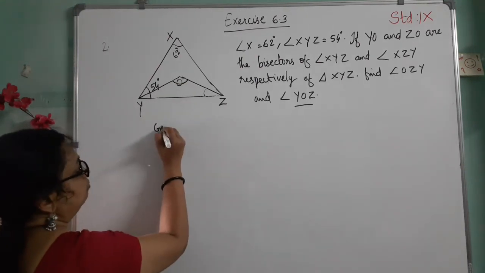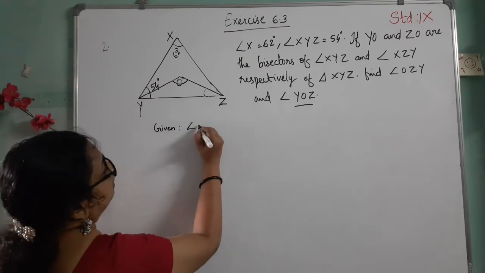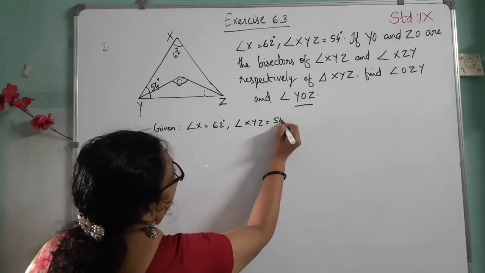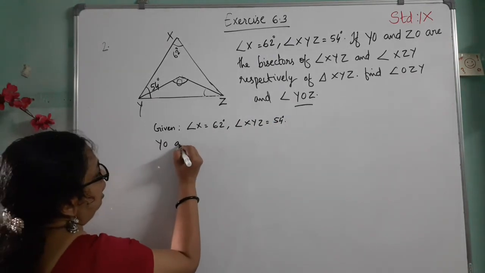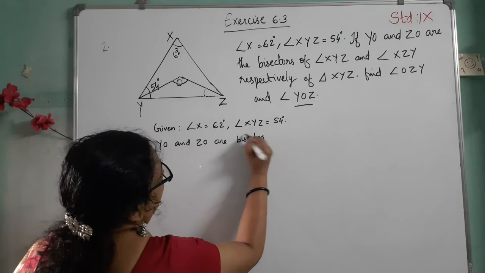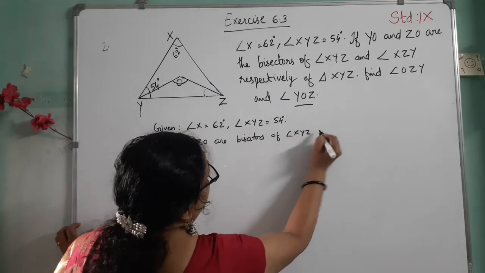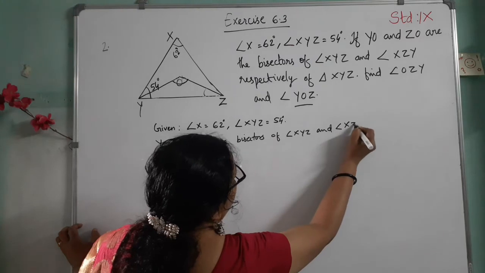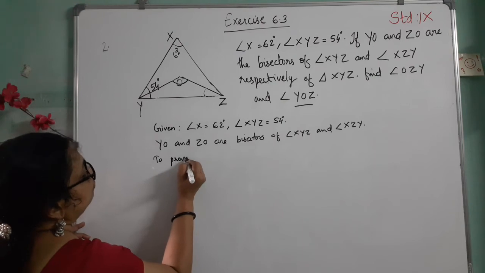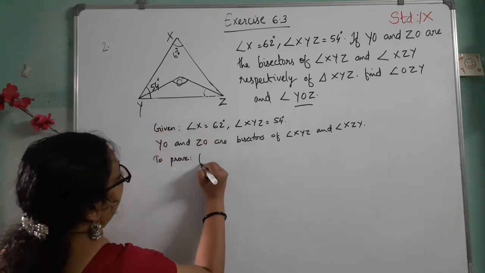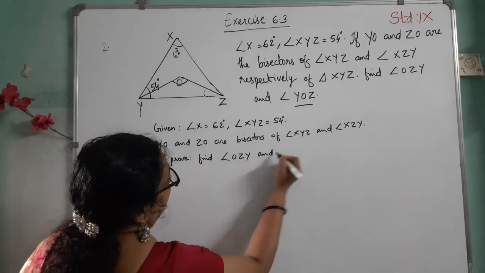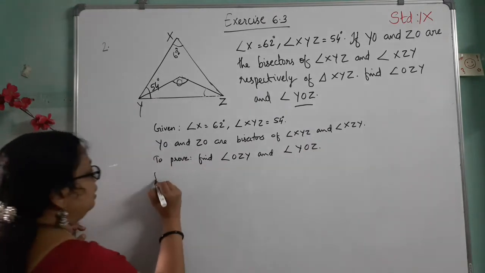So first, given: angle X equal to 62 degrees, angle XYZ equal to 54 degrees. Then YO and ZO are bisectors of angle XYZ and angle XZY. Then to prove, what is to prove? Find angle OZY and angle YOZ. Then proof,